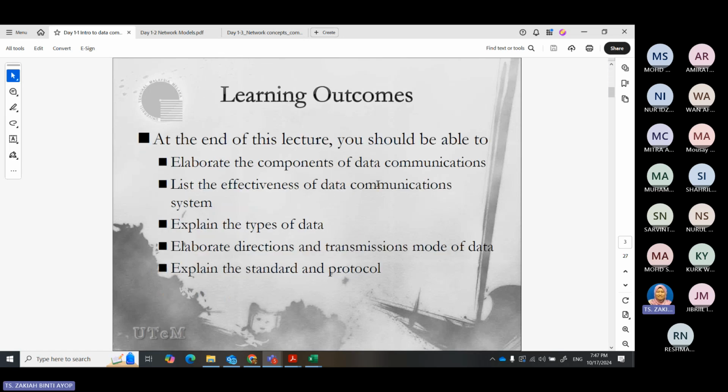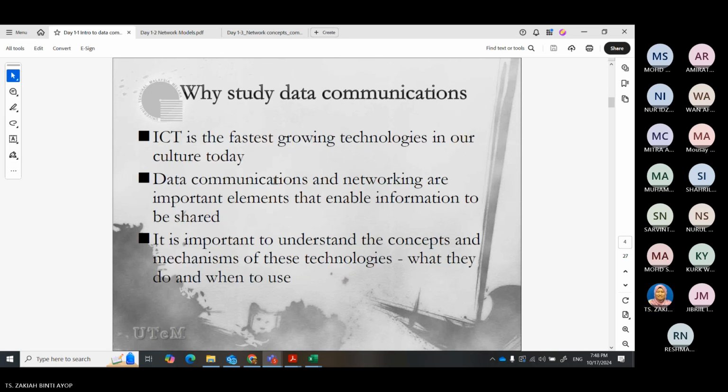The objective is that you should be able to elaborate the components of data communications, list the effectiveness of a data communication system, explain the types of data, elaborate directions and transmission modes of data, and then explain the standard and protocol.